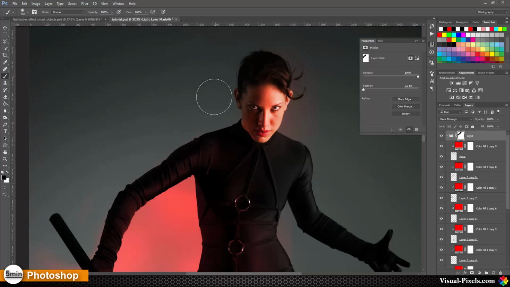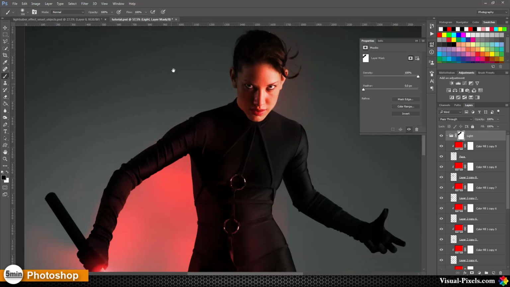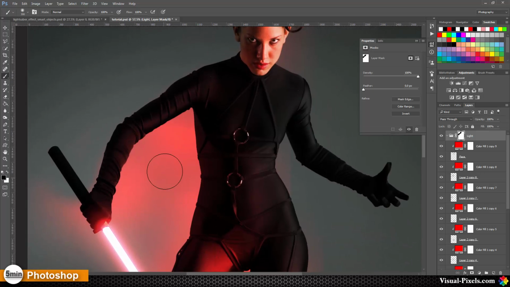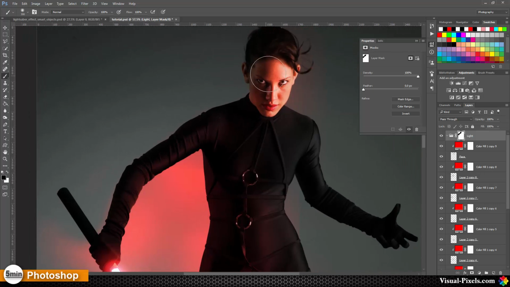And as you can see, it doesn't matter really that you are going into the model here a little bit, because here is normally no light spill because the light comes from the bottom of the model. And if you paint it too much into the model, you can change it back again. You press X to change the foreground color to white and paint again here, maybe with a smaller brush, and the black color again I'm going to paint over that, and then lower the opacity a little bit,